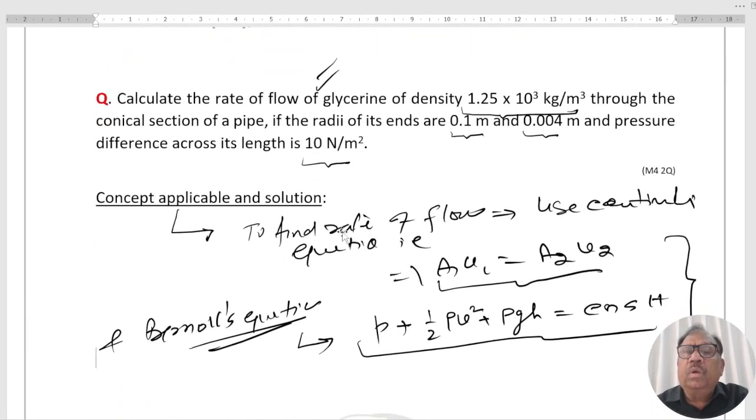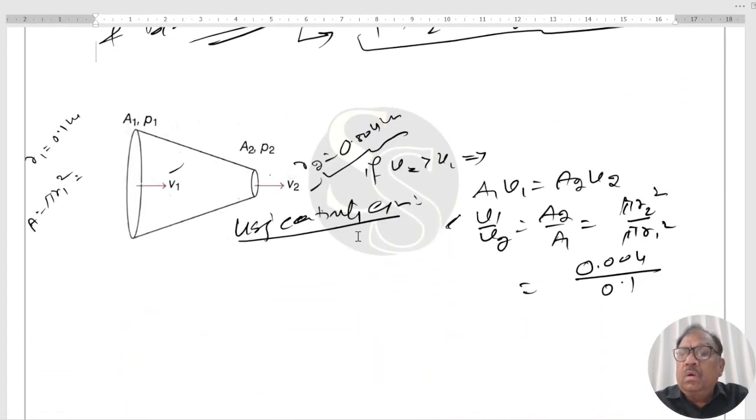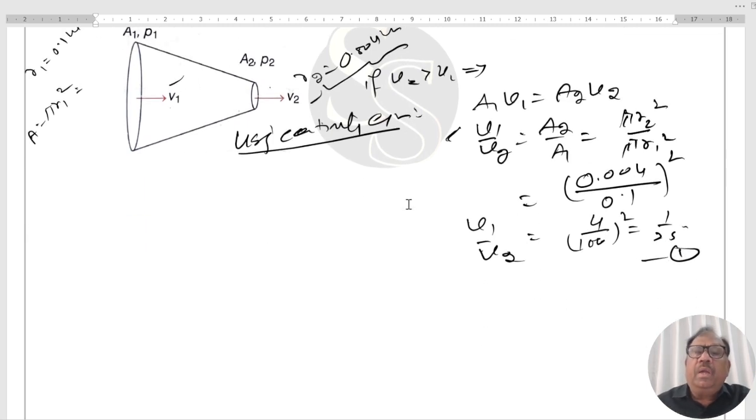0.004 into 0.1 whole square. On simplification, this comes out to be 3.14 upon 100, that is 1 by 25. V1 over V2 comes out to be this one. Right? And also using equation,